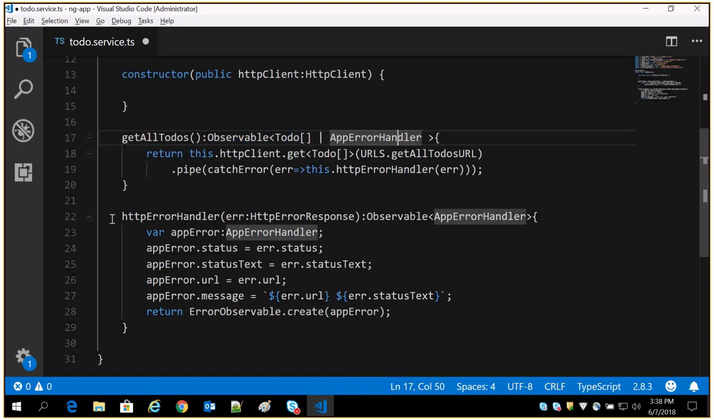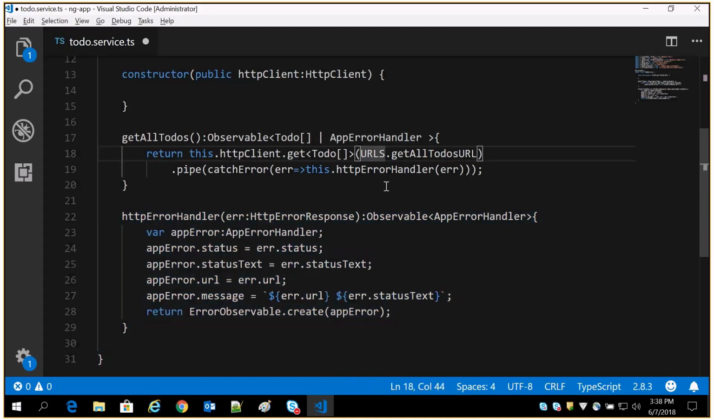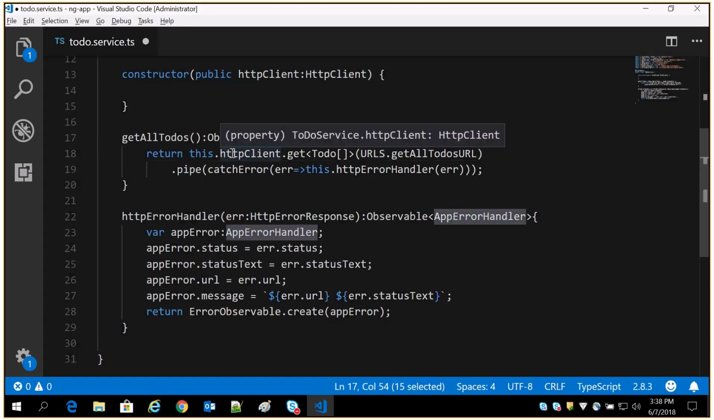For that I have created, you cannot write this code every time. So I have created it as a separate method, and I'm just calling it whenever any exception occurs, catch the error and give it to this error handler. This error handler will have all the details, which is nothing but your app error handler. So it's going to return an app error handler, and if you want to catch this error in your code, you need to go back to your